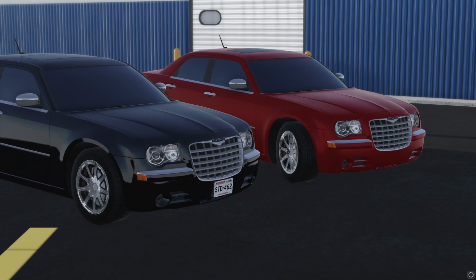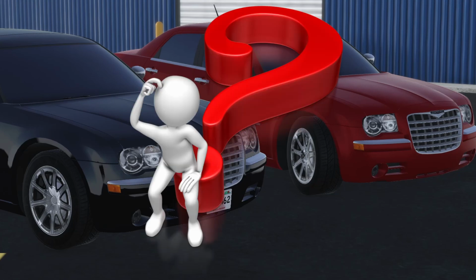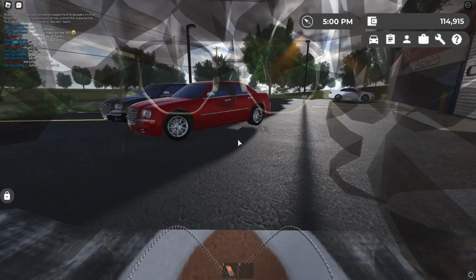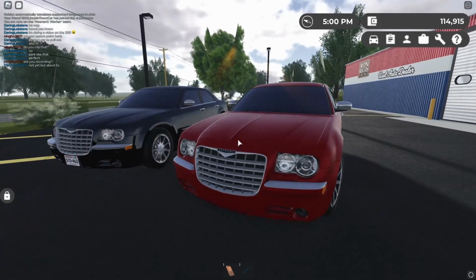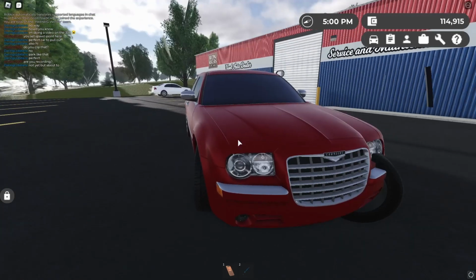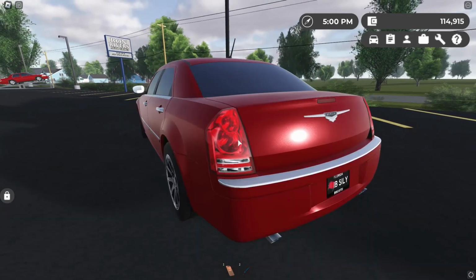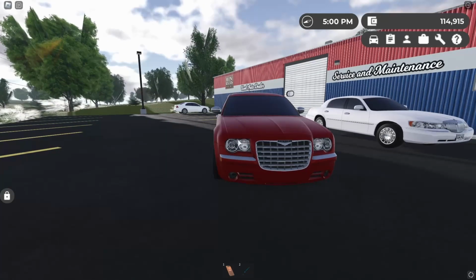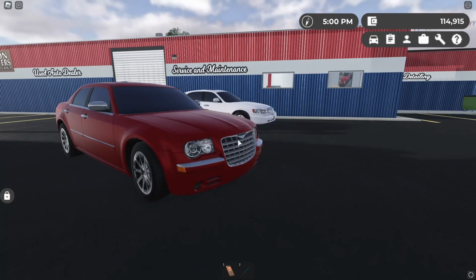These two specifically come with the 5.7 liter Hemi, which is known for being a Hemi. I don't know what else you can say. So, starting off, looking at the details on the car, these came out like a year ago now. I think these were released in like June of last year, and I'm gonna say they filled up really, really